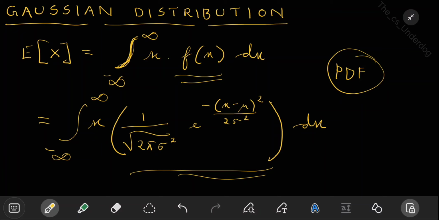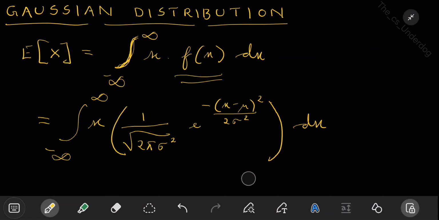In the previous case of binomial and Bernoulli distributions, we had actually solved the whole thing. Here this is a bit complex, so we are not going to solve the whole thing because it will waste our time, and secondly no one is going to come and ask you to solve for the expectation. If you solve, you are going to get mu. So this is your takeaway, that the expectation of a Gaussian random variable is mu,